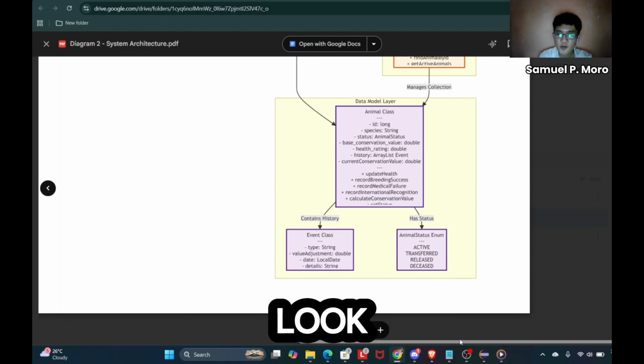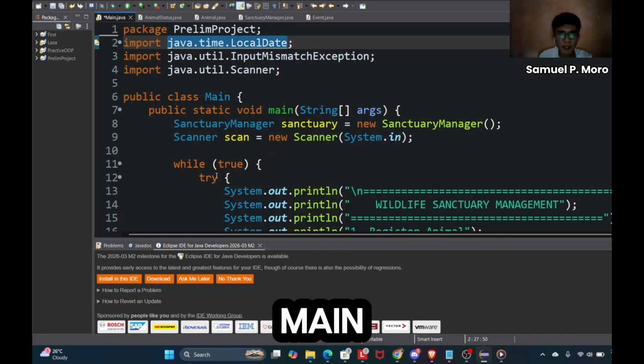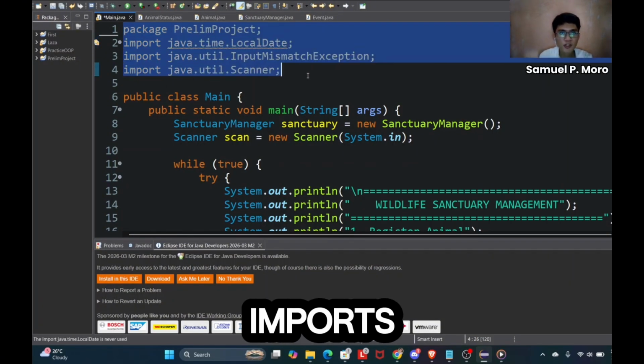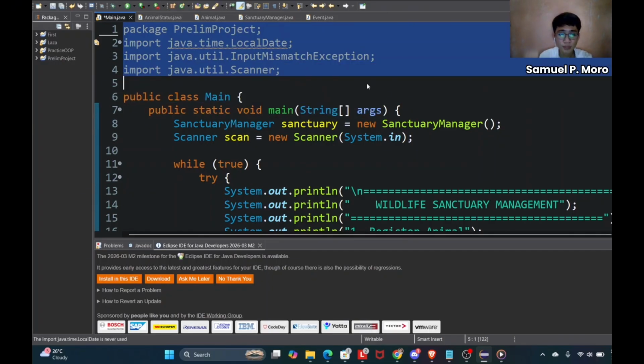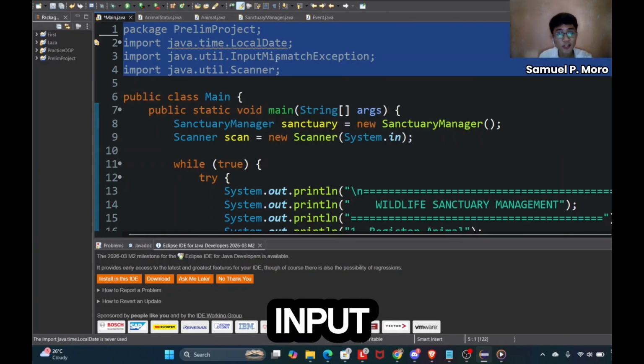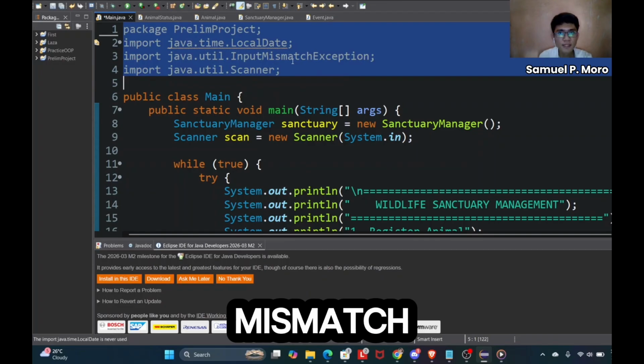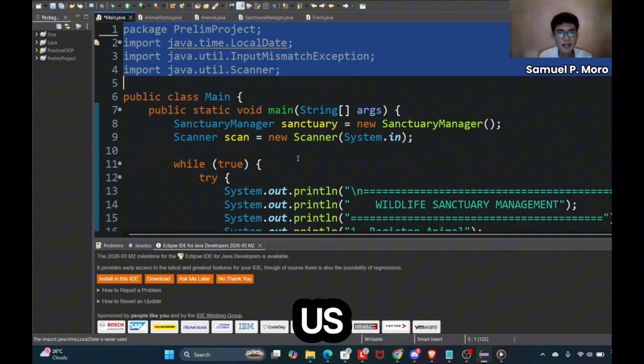So now let's look at where everything starts: our code, the main.java. These imports give us what we need. The scanner handles the user input, the local date tracks when events happen, and the input mismatch exception helps us catch errors when users type the wrong kind of data.